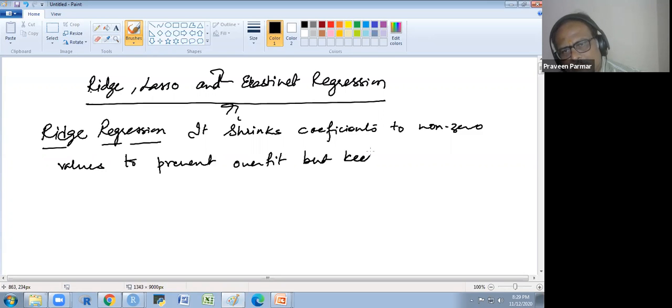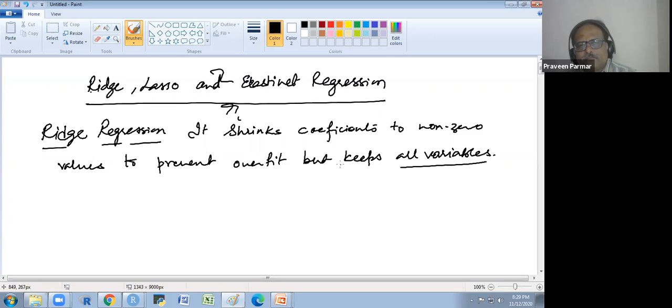You understand what it means to keep all variables? We don't remove variables with the VIF or the p-value. Whatever numeric variables we have in our data, we keep all. Understand when we use ridge regression? Any doubt?